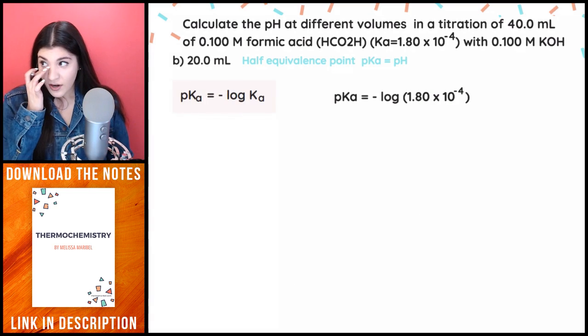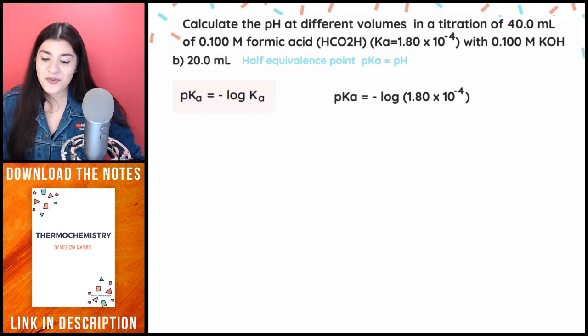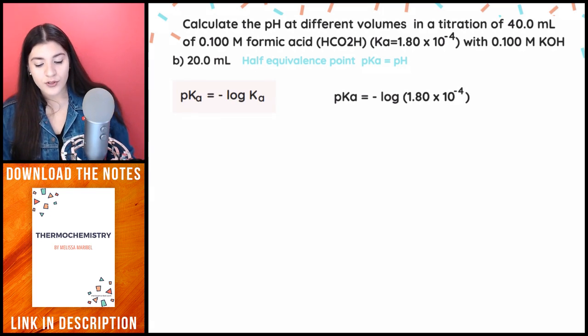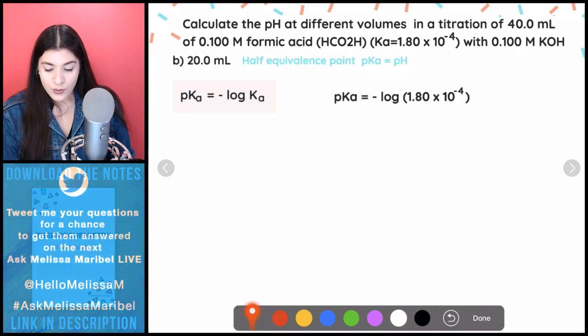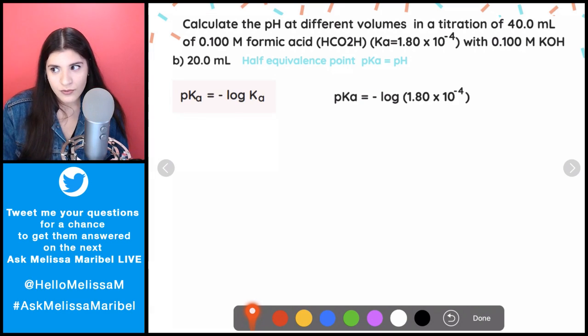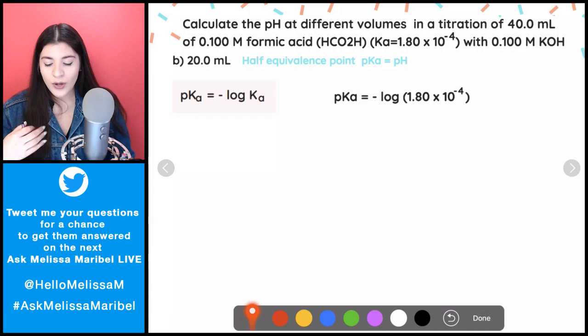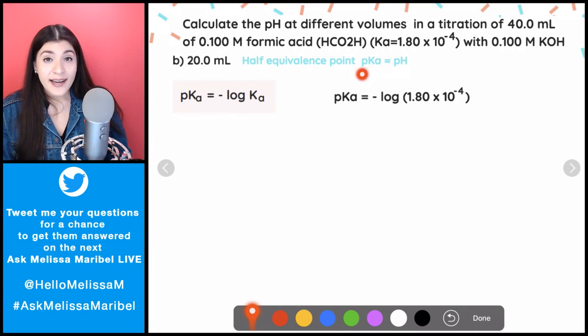All right, I'm going to see how far I can get with this question. So calculating the pH at different volumes. Where are we? So we're at the half equivalence point. Perfect. So this is at 20 milliliters. And this is where I said, well, if it's half equivalence point, because our equivalence point is at 40, and I just divided that by 2, which gives us 20, then I know at half equivalence point, our pKa is